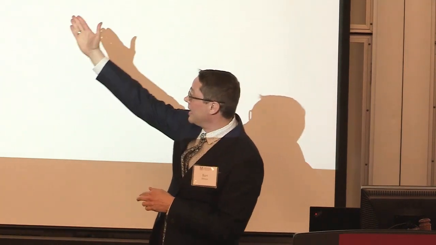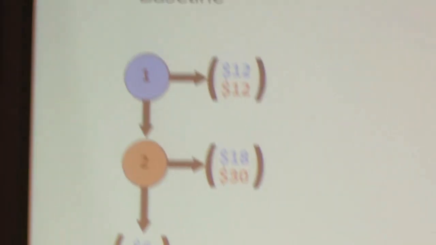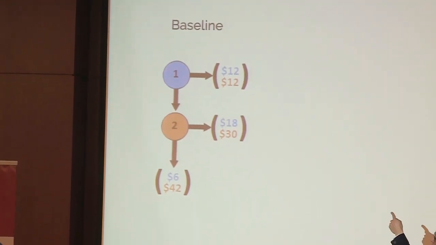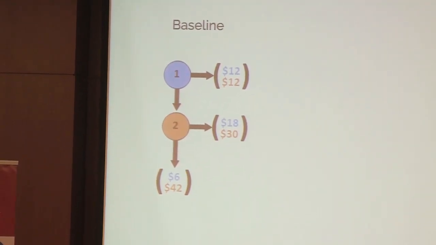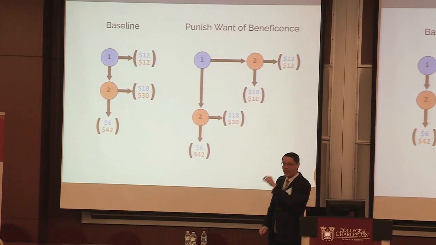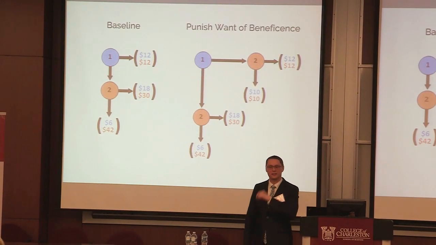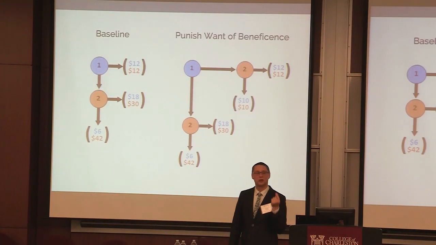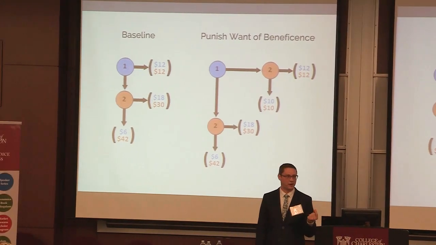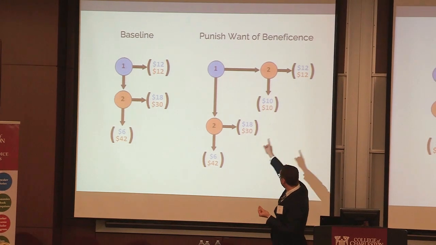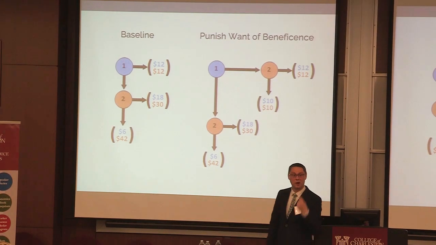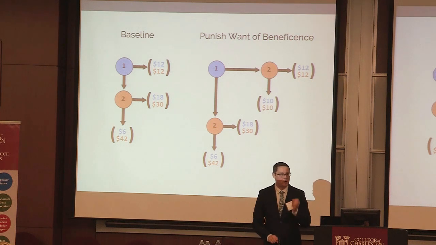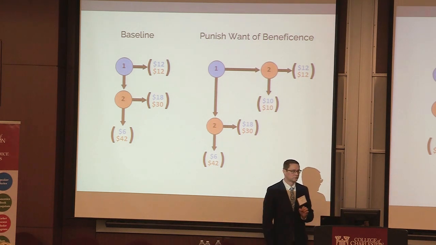So we predict then that 2 could play right, expecting to get 1 to reward her for the beneficence that he showed. 1 fails to play down; 1 is not being good to 2. So we want to give an option now. Smith says you shouldn't punish them. You can't extort it. And so we're giving 2 the option to punish 1 for failing to go down in the first place. Smith says no one should ever do that.